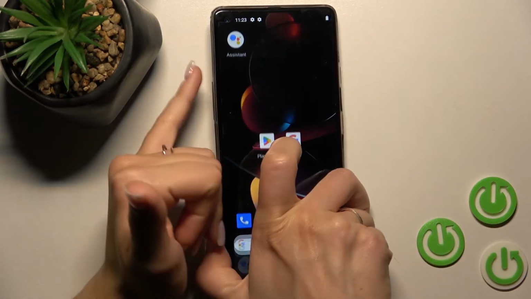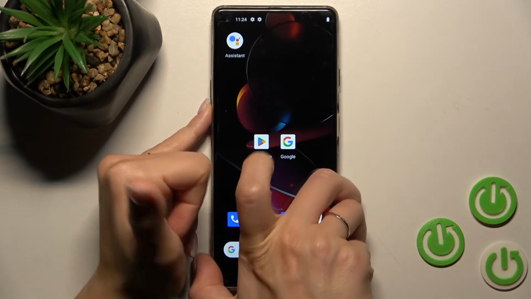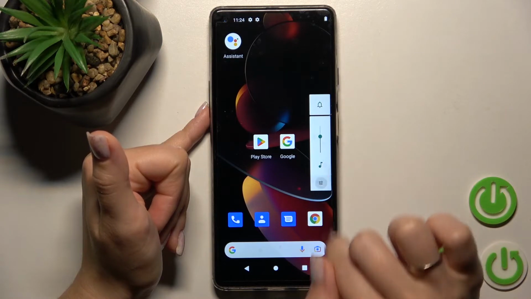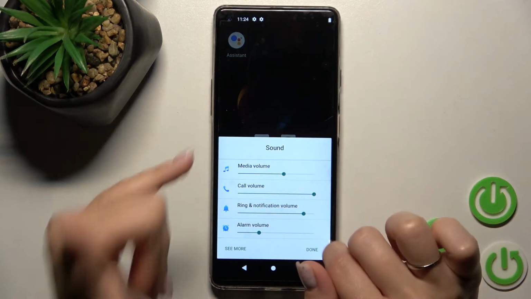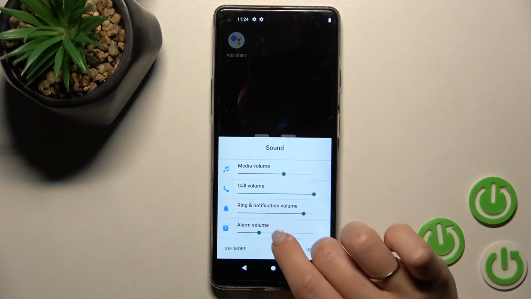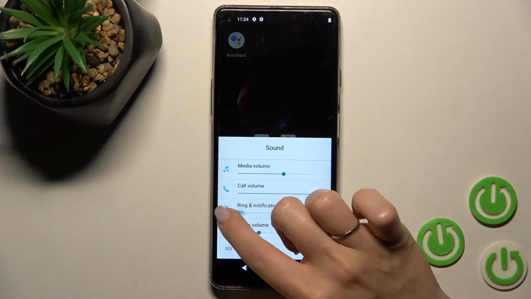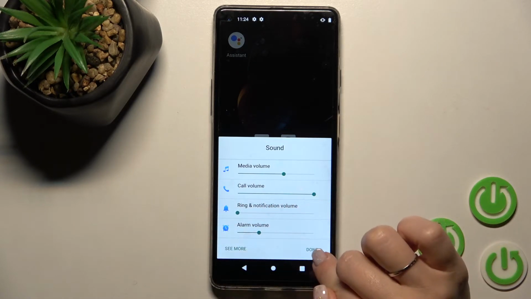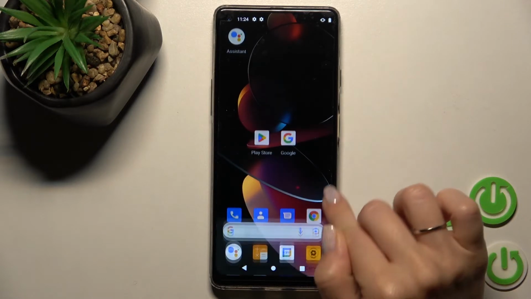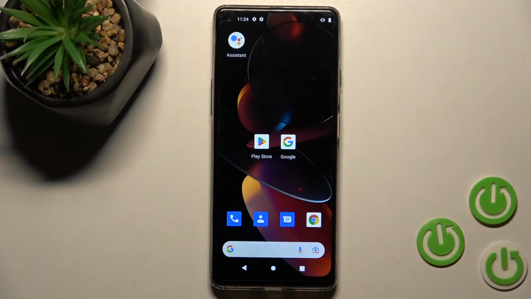Just first you should press the up or down volume button on the left side of your phone and then click here on the settings icon. Now we can see here the full volume panels section, and just to mute your device ringtone by the same way, hold and swipe to the left side of the ringtone volume panel and then just tap Done to save the